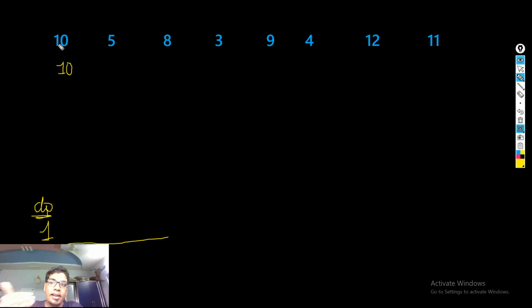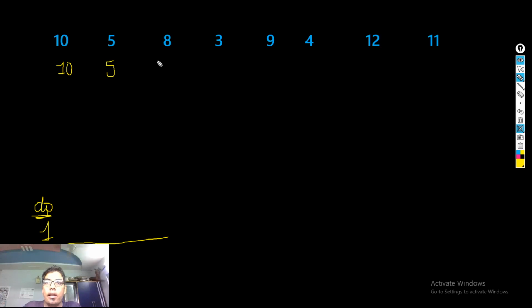But you could act greedily, and what you could do is, instead of maintaining this 10 as the starting position of the subsequence, you could maintain 5 as the starting position of the first sequence, because 10 is actually larger than 5. So potentially, if there is any subsequence to be found, you have more chances to find that with 5 than you have with 10. Whatever subsequence will follow 10 will follow 5, but we could have more subsequences starting with 5 than from 10. So what we do is we have the subsequence of length 1, we update it with 5. So in the subsequence of length 1, it ends with a 5, right?